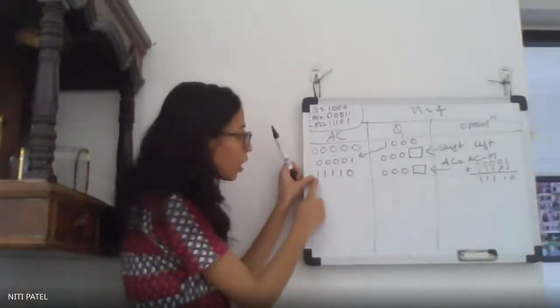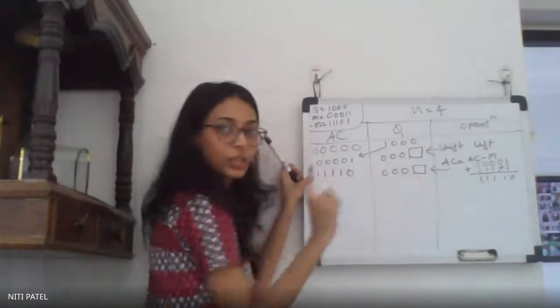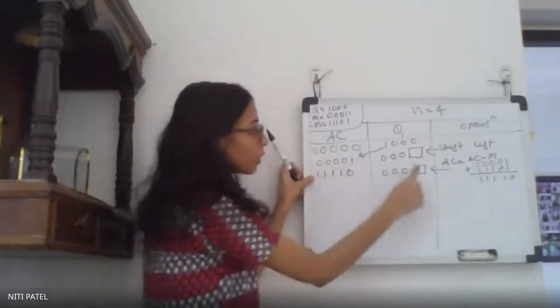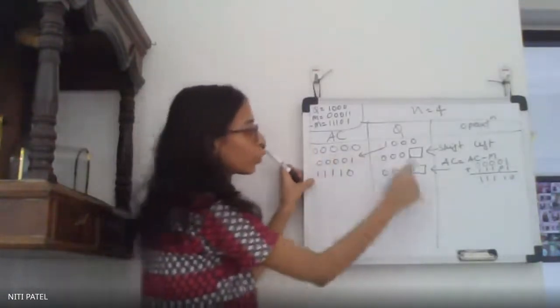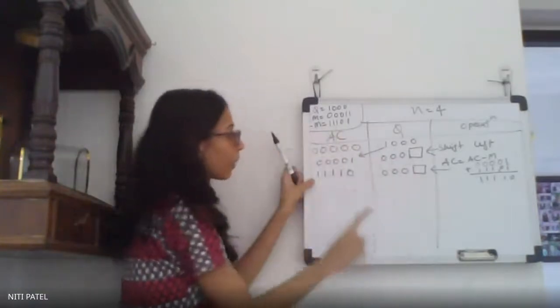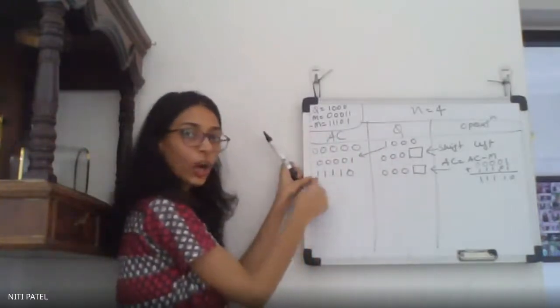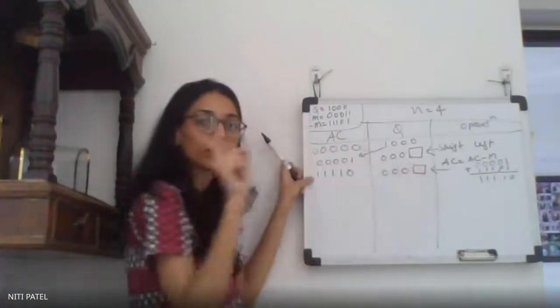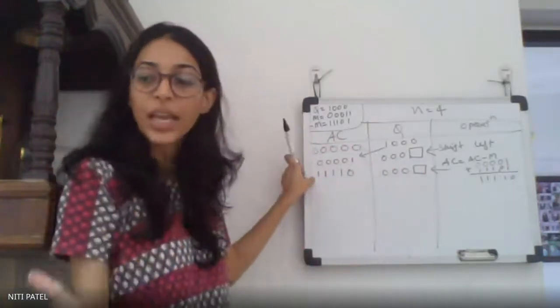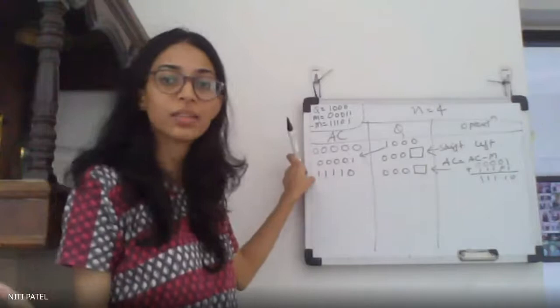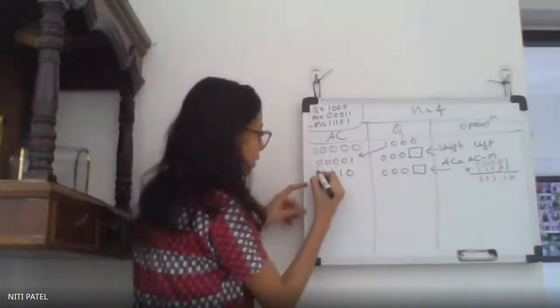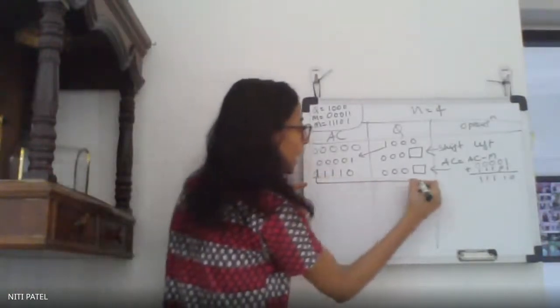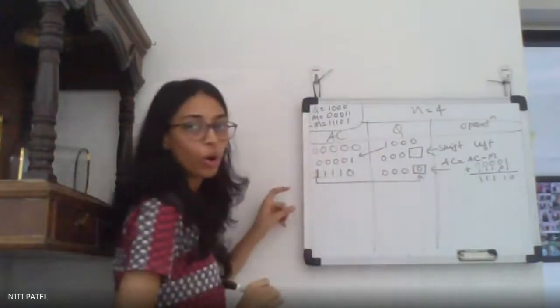If it is 1, what you have to write over here is 0. If you have 1 here, you will write 0. If you have 0 over here, you will write 1. But remember, whenever you have 1 over here, after you write 0, you have to perform one more extra step, which is AC is equal to AC plus M. So when I say this is 1 over here, I will change and append to 0 over here.